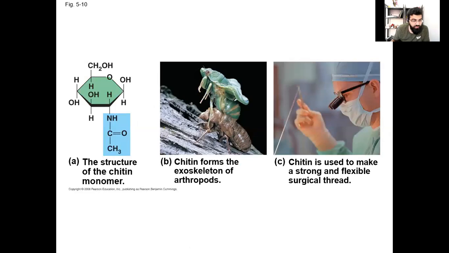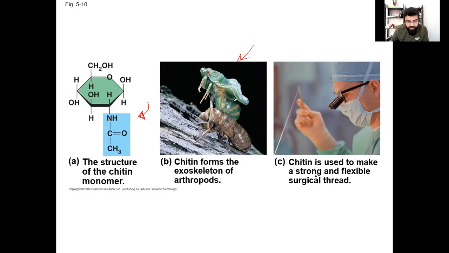This is the structure of chitin. You can see that in chitin there's a difference in the glucose monomer. Look at this here, in carbon number 2. It's not OH, it has NH, CO, and CH3. This group makes this glucose different from the other glucoses. Chitin forms the exoskeleton of arthropods, as we said. Here you can see how this insect sheds when it grows up, because this exoskeleton does not grow like our bones. So the insect sheds it and builds another one.